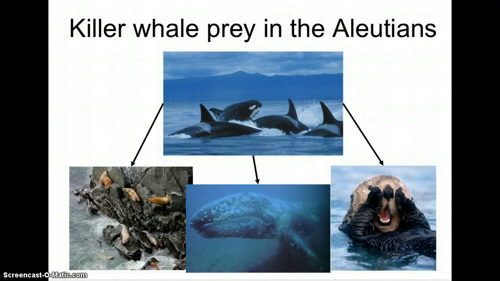Killer whale prey in the Aleutian Islands. They prey on seals, sea lions, sea otters, other whales,